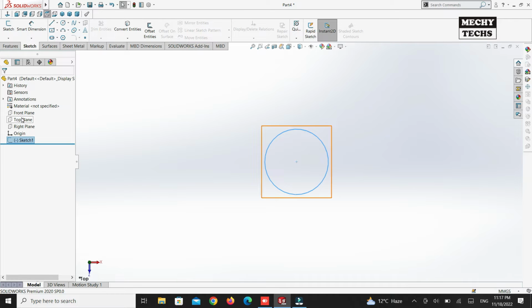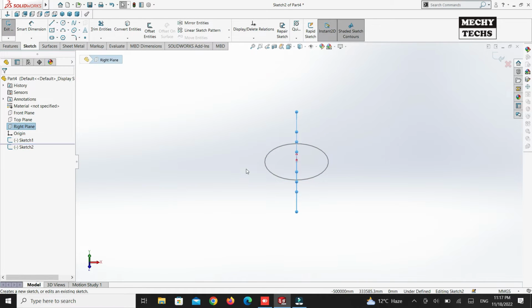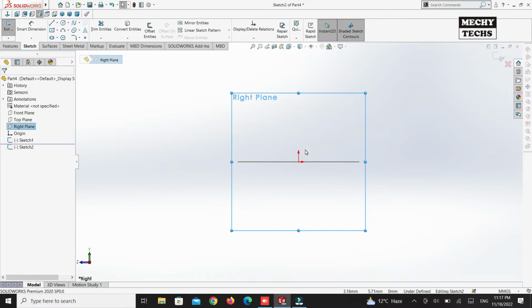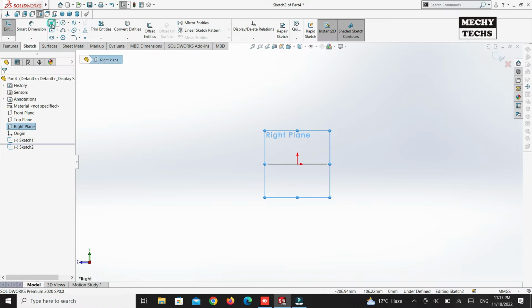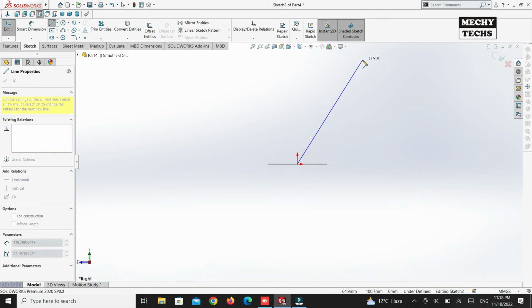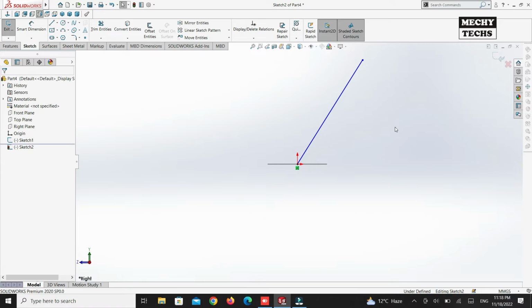So I'm creating another sketch. I may create in a front view, I may create in the right plane. So making it normal to the screen. So I'm selecting a line and I intentionally creating it at some angle. So I created this. Press escape button to deactivate the command. So okay,